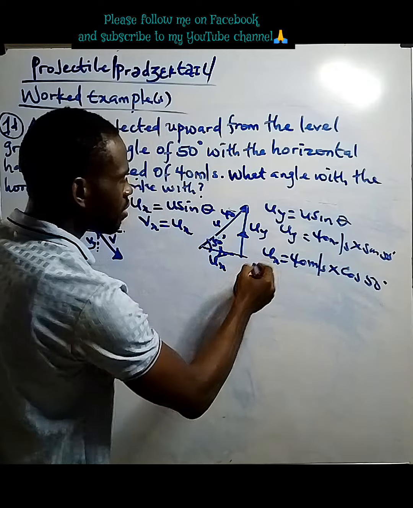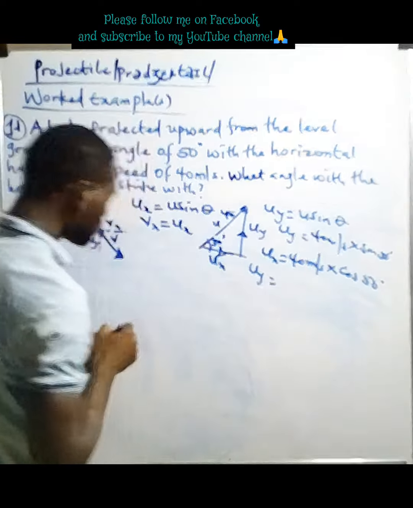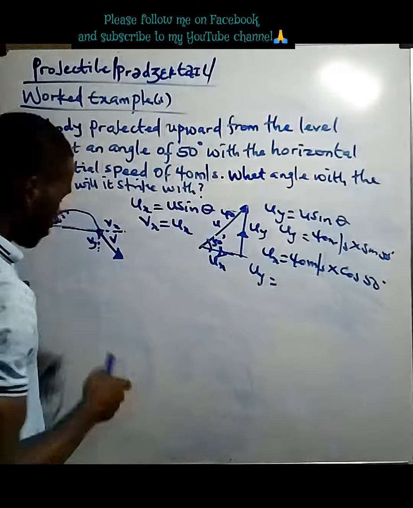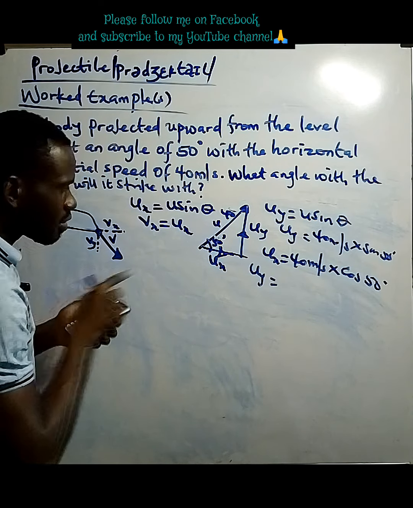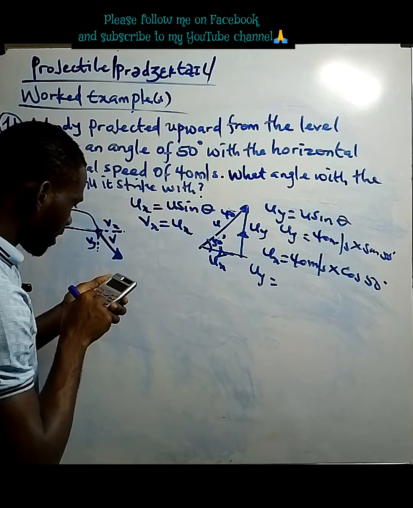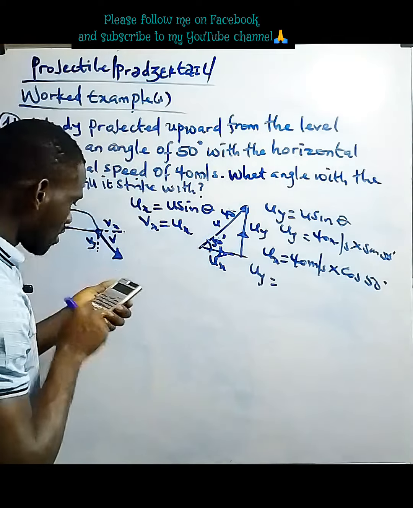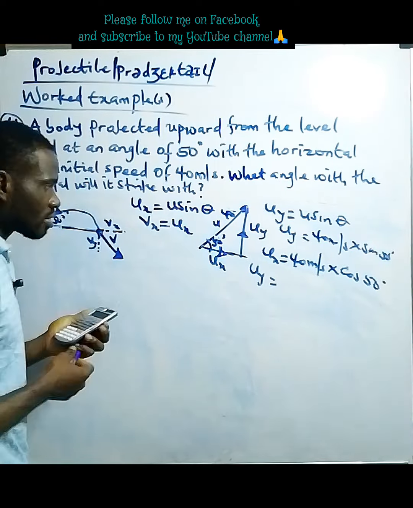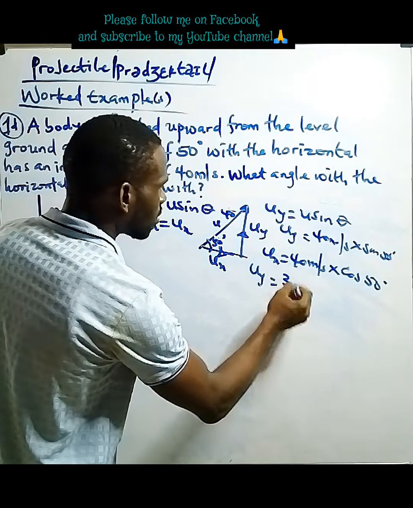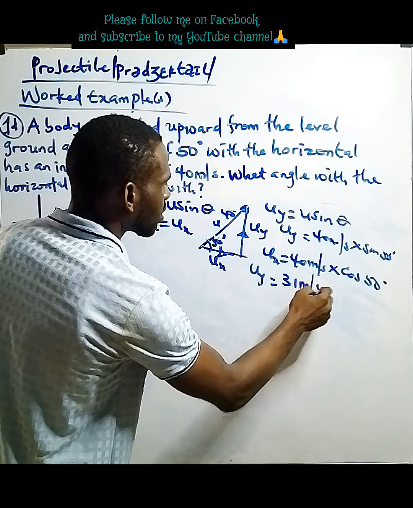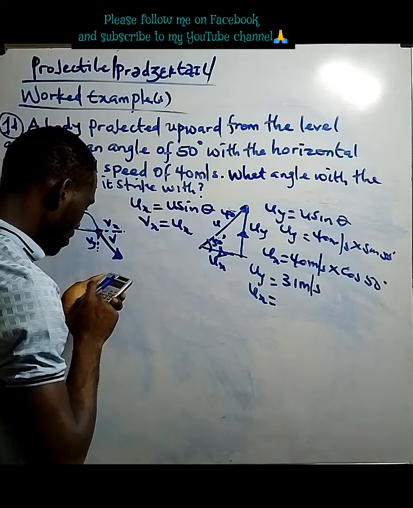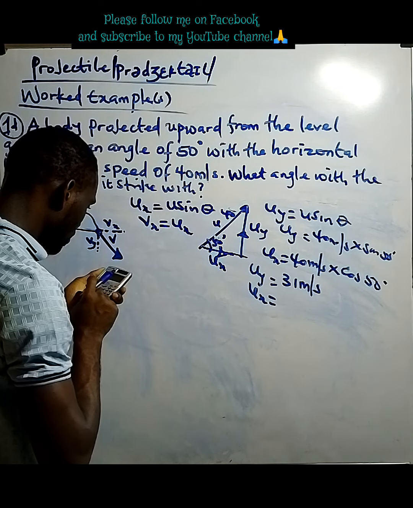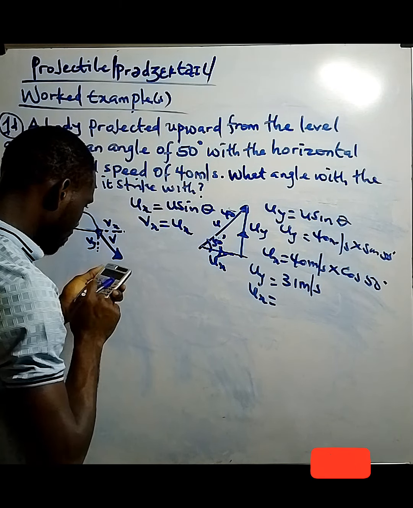So let's get our values. The uy is, let's quickly use our calculator to get that done. 40 times sine 50 degrees, the initial speed along the y-axis, will give us 30.64. That's about 30.6, about 31 meters per second. So along the x-axis, that is 40 times cos 50 degrees. That will give us